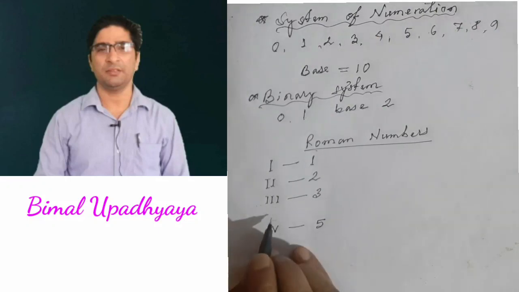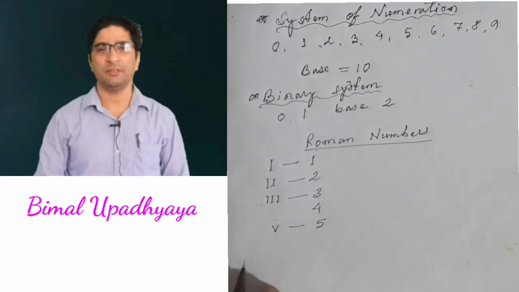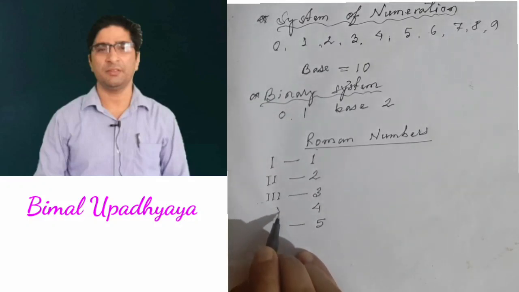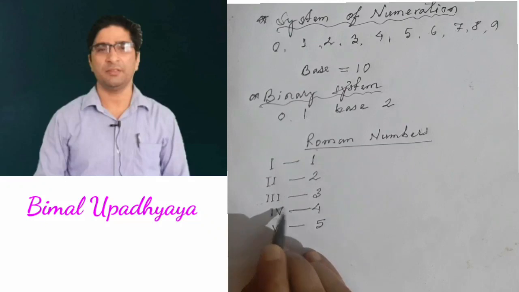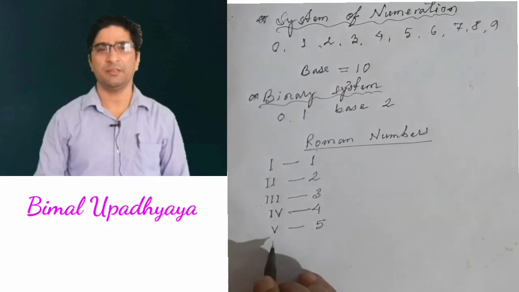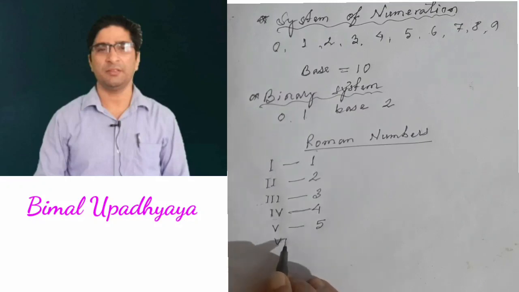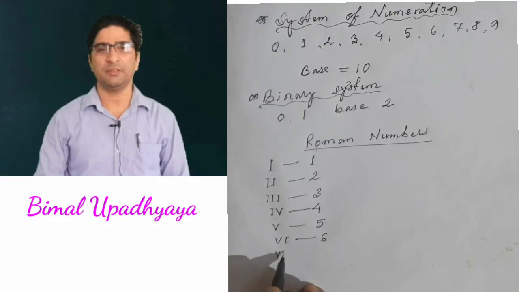That's why, how can I write this 4? I can write 4 as IV, this is 5, and as I keep 1 on the left side, it will be subtracted. IV is 4. Similarly, here it is V and it is I. Now V is 5 and I is 1. So 5 plus 1, if on the right side, the digit will be added. So it becomes 6.